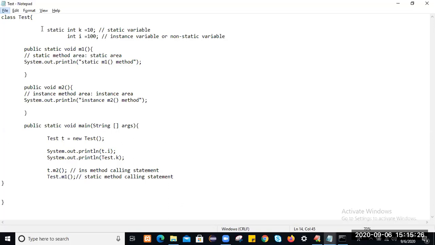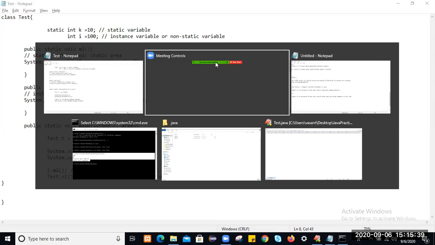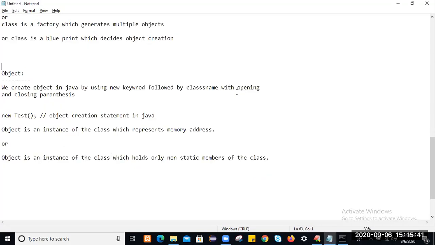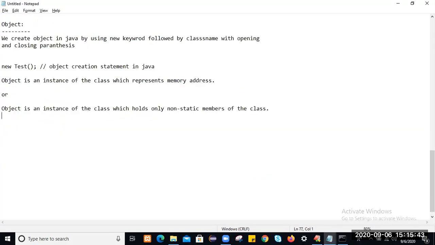Static members of the class belong to the class and will be loaded only once, during compilation time, into the common memory of the class.